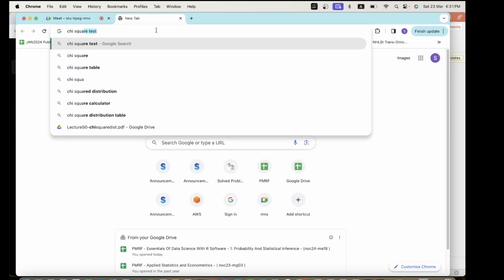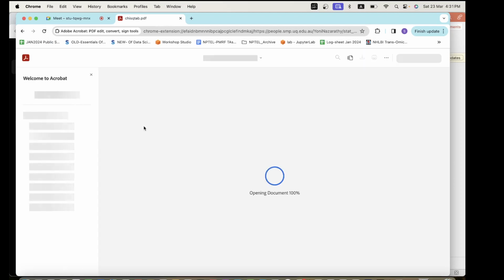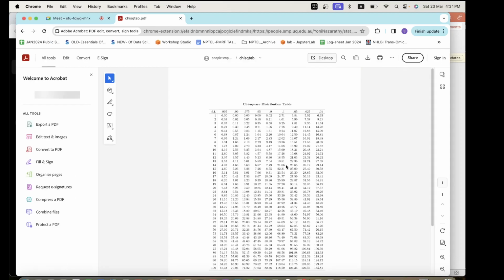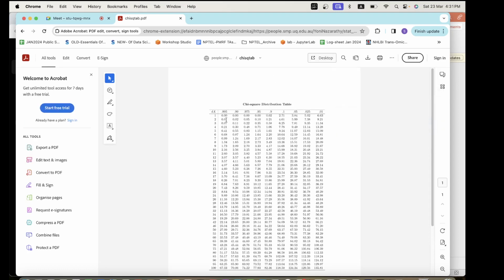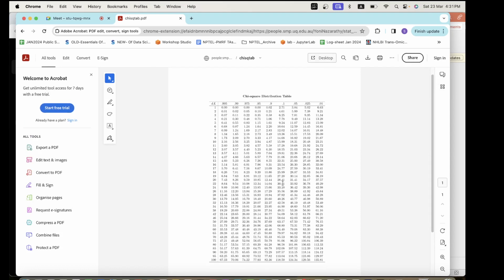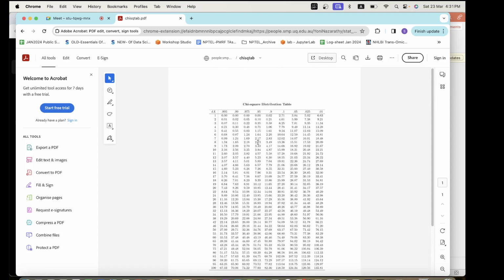Just type chi-square table, distribution table. Whichever you get, just open it. Usually the chi-square table that you are given usually gives you the upper df. So this is the area above which these many percent